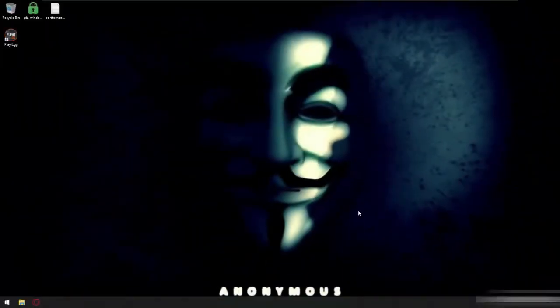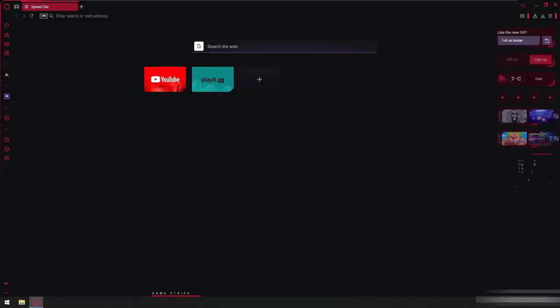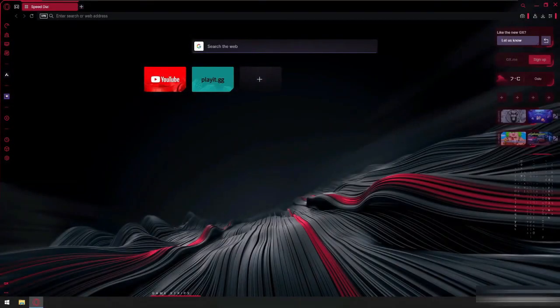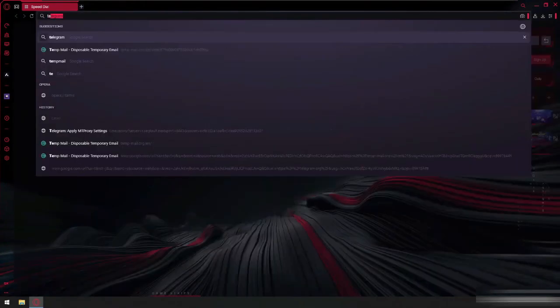We will do port forwarding with Portmap.io. So we'll start. First, we have to open any of our browsers, and then here we have to type